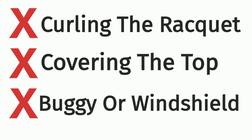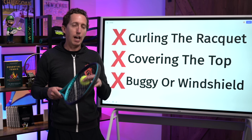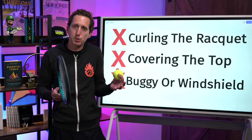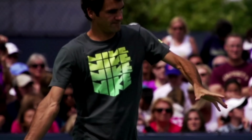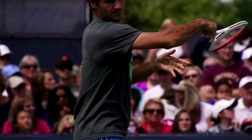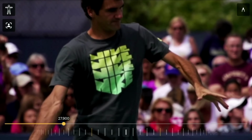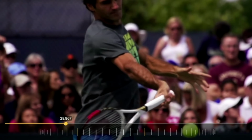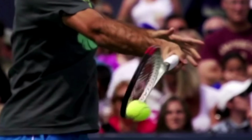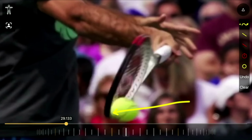A lot of people also seem to think that if we hit the top of the ball, that's also what makes topspin. And I can see how people could think that because sometimes swings look like the racket is flipping over the top of the ball. As Roger's racket comes to meet the ball, look at how it flips and twists all of a sudden. And in real time, it looks very much like the racket is flipping over the top of the ball. But at 240 frames a second, when we slow it down, we see that the reason why the racket is twisting is because the ball is coming in contact with the bottom edge of the racket, and that destabilizes the